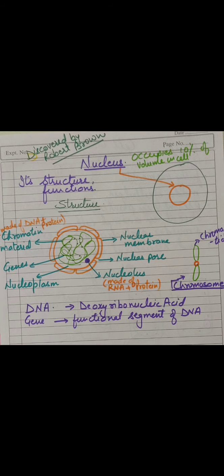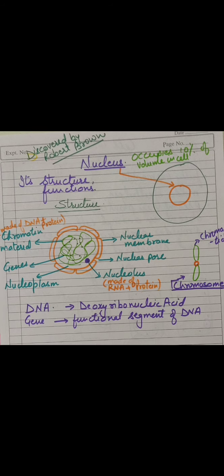Next, the word is chromatin material, but many times you have heard the word chromosome. Here on one side, a chromosome is also drawn. So how can we differentiate what is chromatin and what is a chromosome? You can see chromatin is seen as loose thread-like structures. But the chromosome appears as a rod-like structure. So this is the difference. There is a difference in shape. Those loose threads are chromatin.